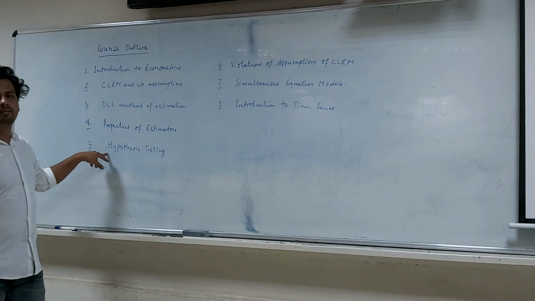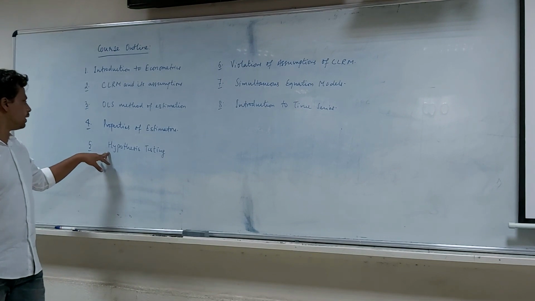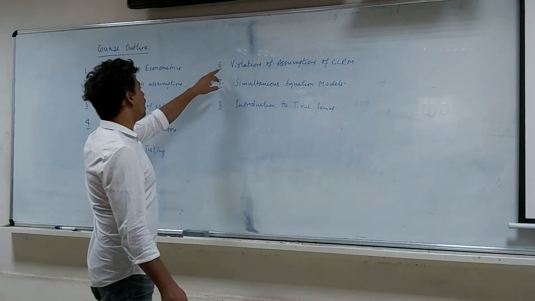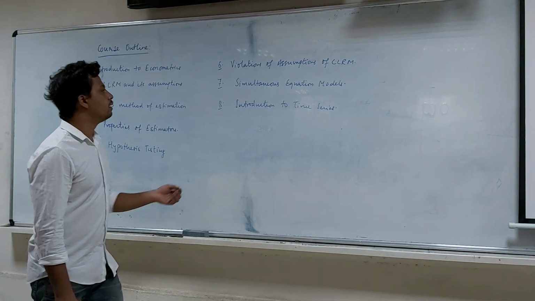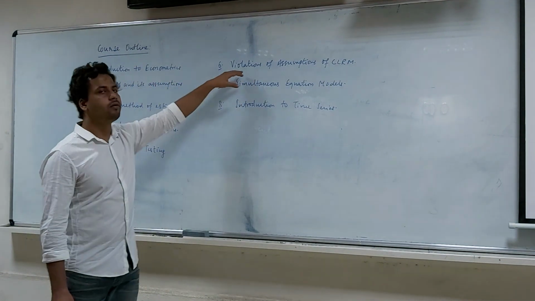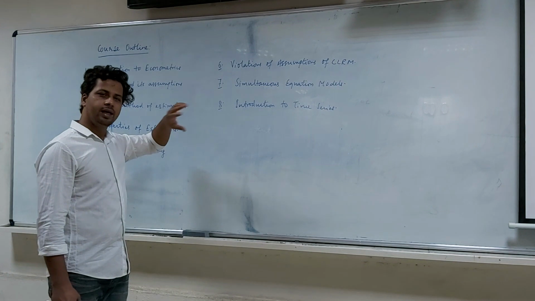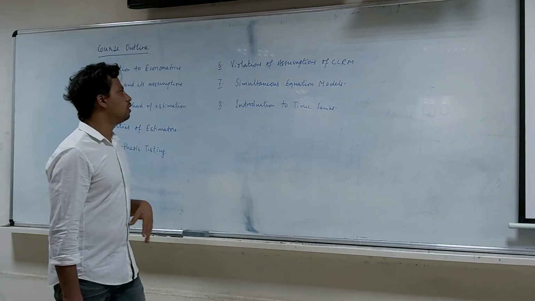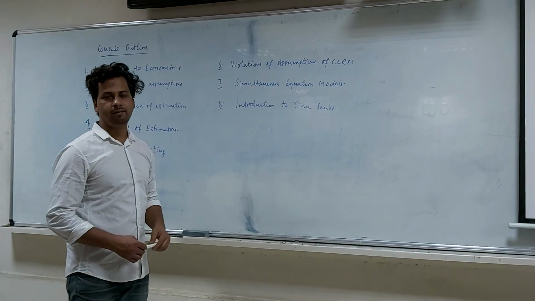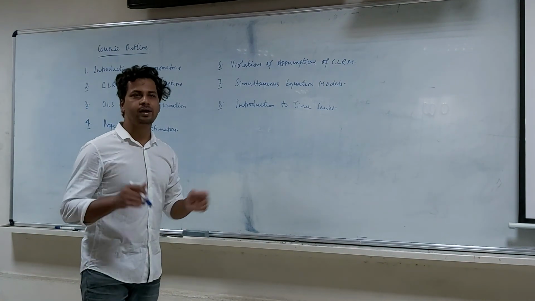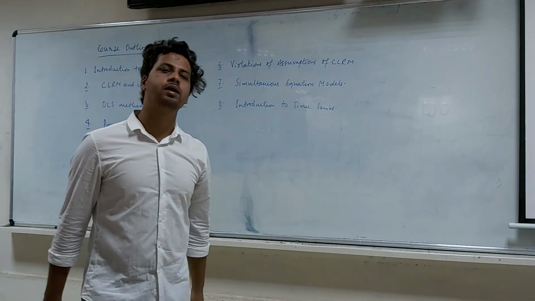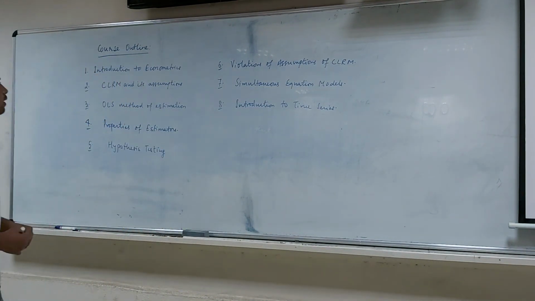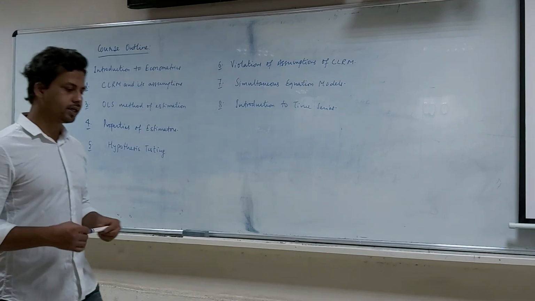Fifth, one of the main things that we do in econometrics is to test hypotheses. So, hypothesis testing. Sixth, we talk about what the consequences are when some of the assumptions of CLRM are violated. Seventh, we talk, in brief, about an introduction to simultaneous equation models, and the techniques we employ to estimate them. And last, in brief, we discuss time series and some of its basic concepts. So precisely this will be our course outline for this introductory course in econometrics.